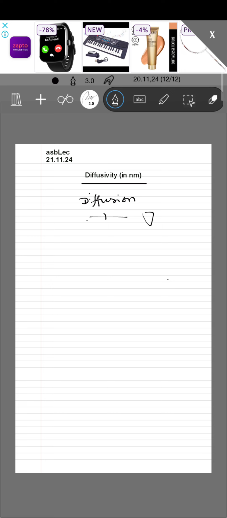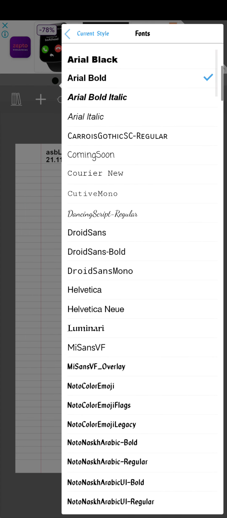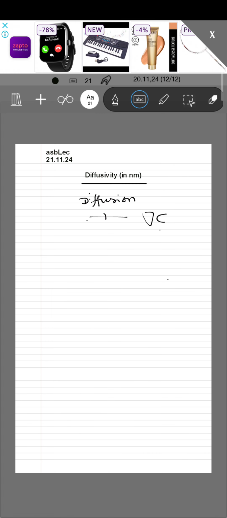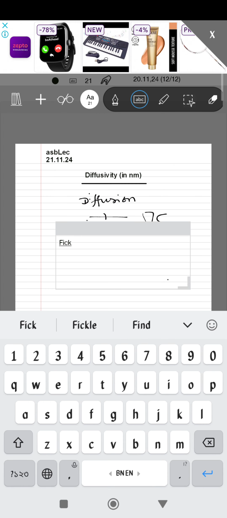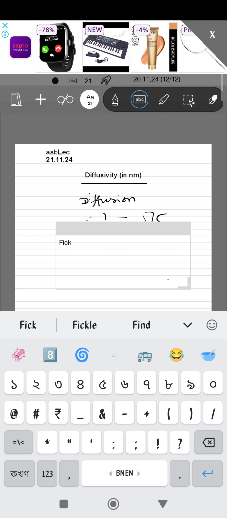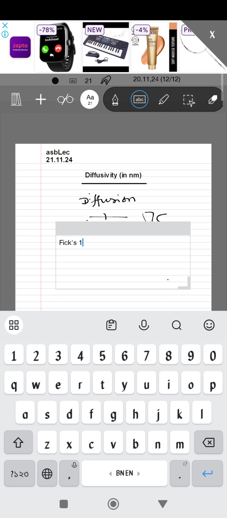That means when there is a concentration gradient. Now this concentration gradient can be of gas, can be of number of ions, a number of molecules, number of atoms. Now the law which actually governs the process of diffusion is called Fick's law. Rather, it's Fick's first law,